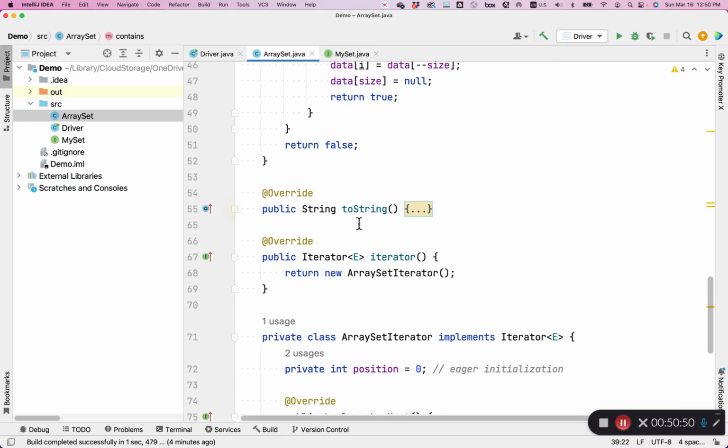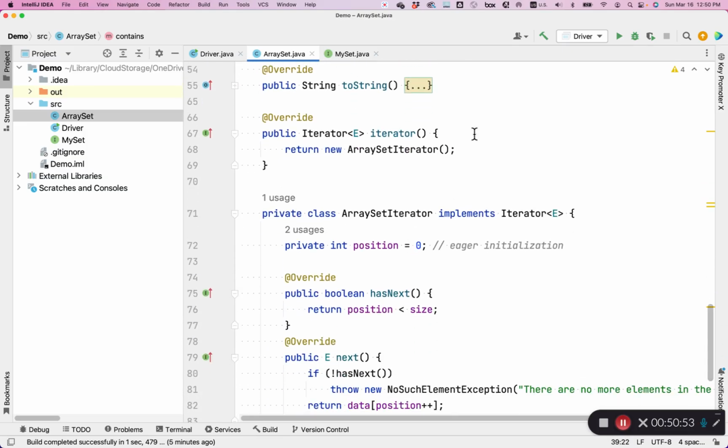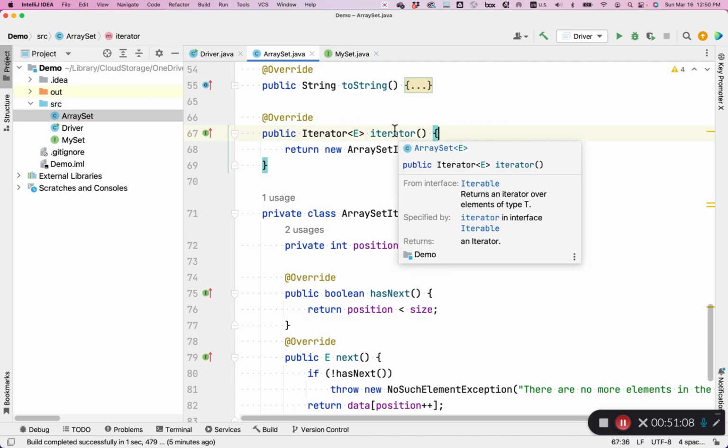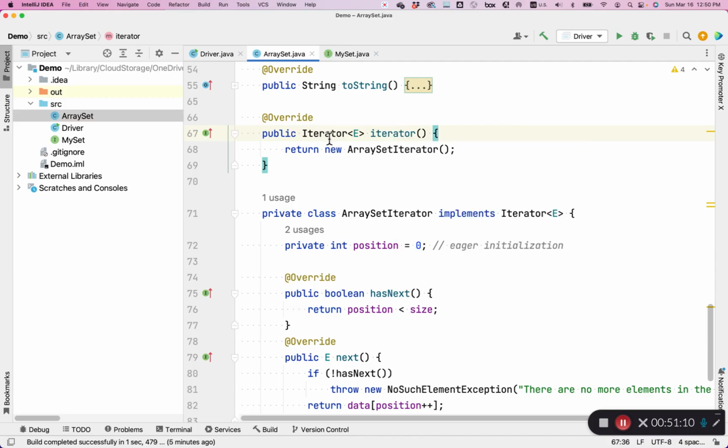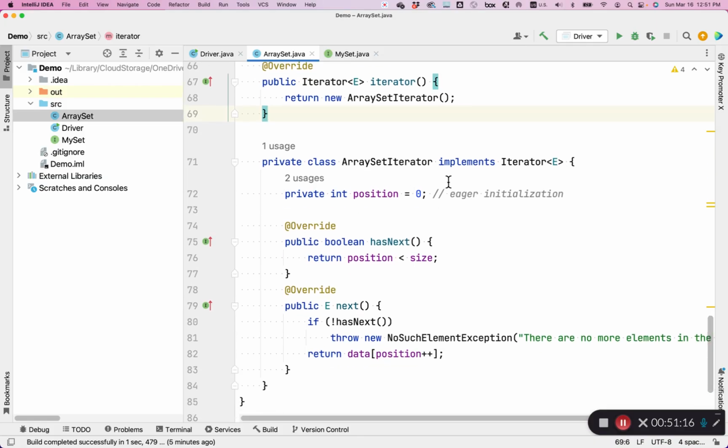This is for demonstration purposes. And here's the final piece. If you want your class, which represents a collection, to support an enhanced for loop, your class must implement the Iterator interface and return a new instance of iterator, and we chose to implement it using an inner class. So here's our inner class that implements Iterator, which in turn means that you must override two required methods